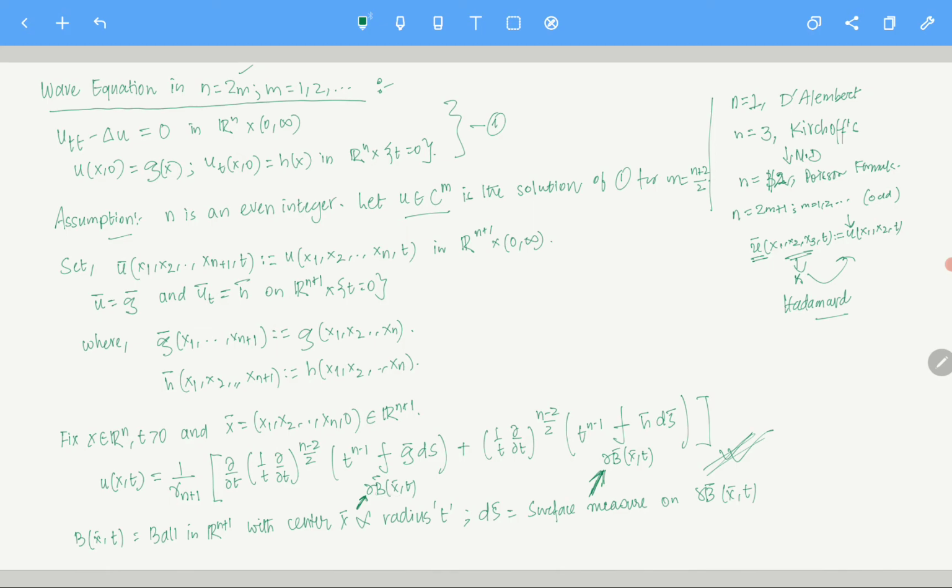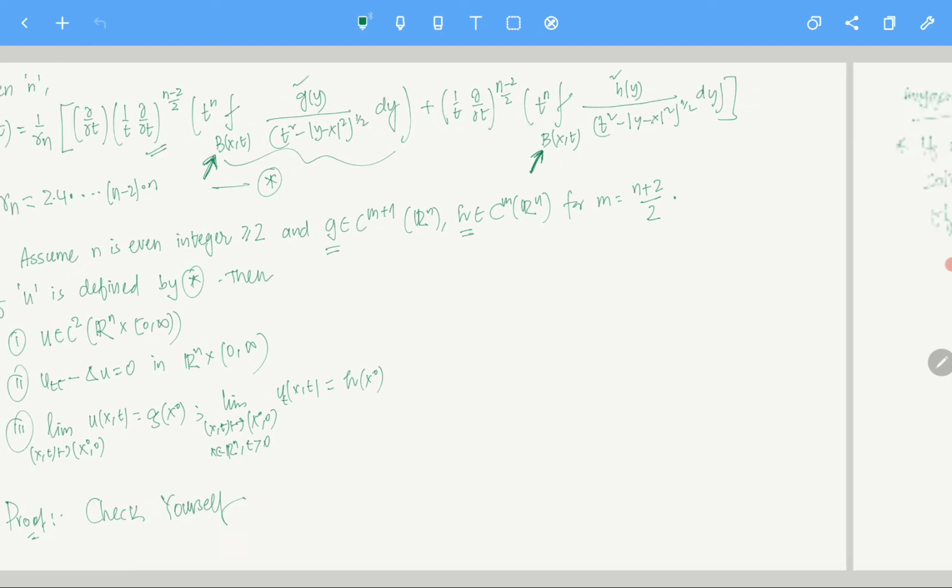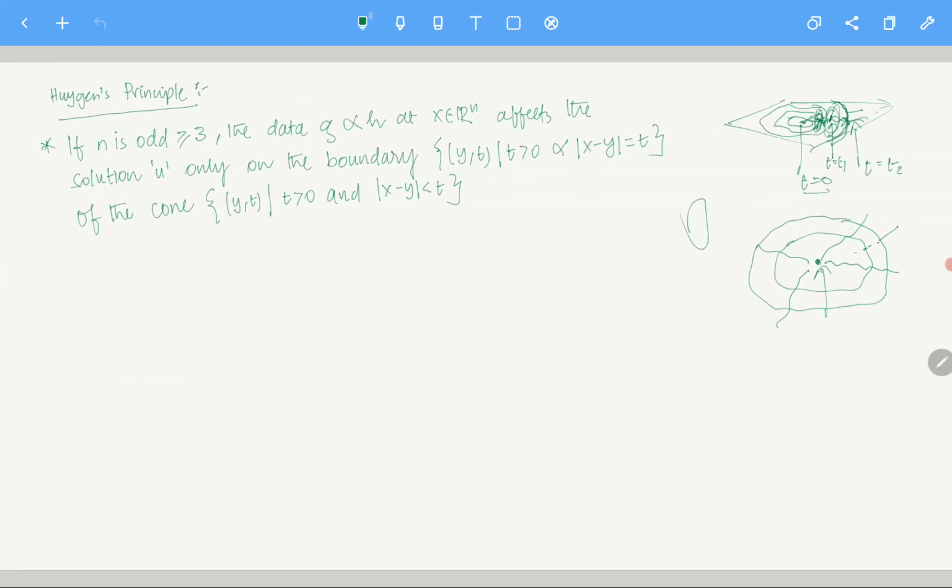this is for a fixed t, this is a ball, but as t moves on you do realize that the radius is changing, right? So from t equals 0 onward this will form a cone kind of thing. Okay, see, t is very small, so this is the ball. As t becomes bigger and bigger, this gets bigger and bigger, right? That is why we are saying this is a cone. Okay, right. Now, on the other hand, if n is even,